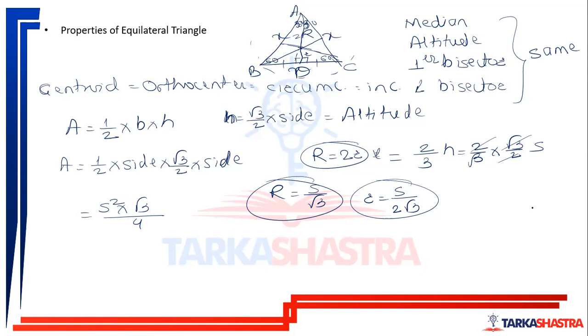Correct. So along with these, there are some formulae of circumradius and inradius which I would like to tell you here. The area of a triangle using the circumradius is equal to the multiplication of all the three sides divided by 4 into circumradius. Area of a triangle equals abc divided by 4R. And as for inradius, area of a triangle is equal to r into the semi-perimeter of the triangle, where semi-perimeter equals the addition of all the three sides of a triangle divided by 2.